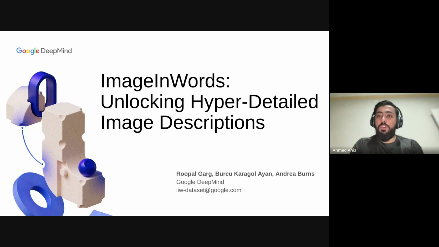Roopal Garg is a staff software engineer at Google DeepMind, where he works on improving multimodal content understanding. His focus is on building high-quality data sets efficiently and using them to develop autoraters and metrics to advance and evaluate modern vision language models. Recently, he has been focused on hyper-detailed image descriptions, their implications for text-to-image models, and expanding these capabilities to include global geographical and cultural understanding. He received his MS in computer science with a focus on natural language processing from University of Southern California in